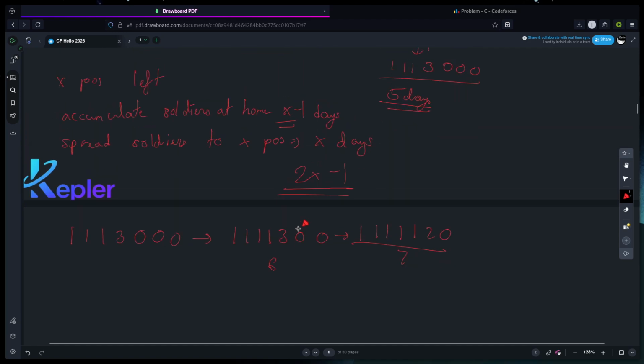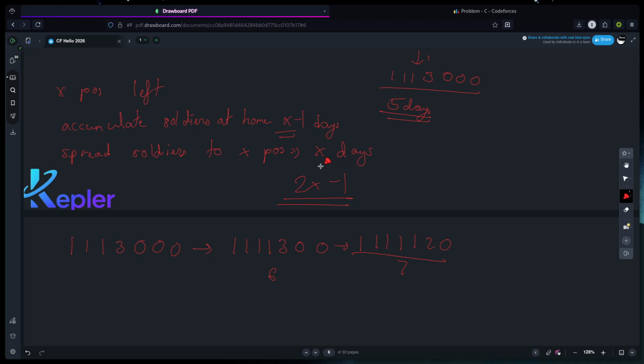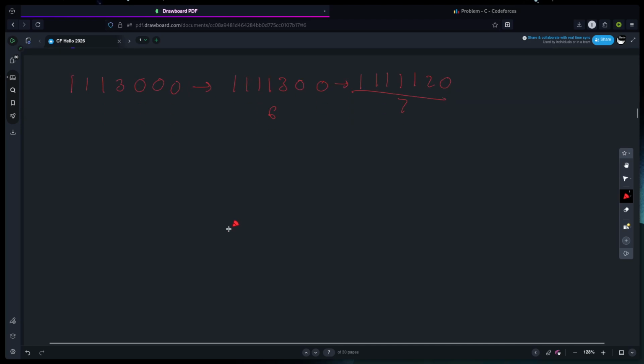So basically what happened here is, in the time we were spreading our soldiers to x positions on the left, in those x days we built up another x soldiers at the home. So we spread out these x soldiers over the remaining days. So firstly, for x positions to the left, we require 2x minus 1 days,